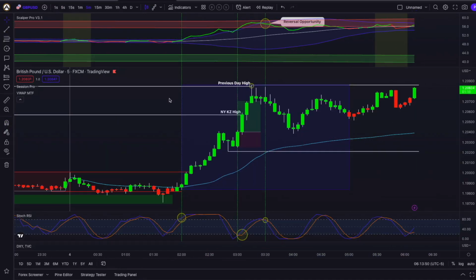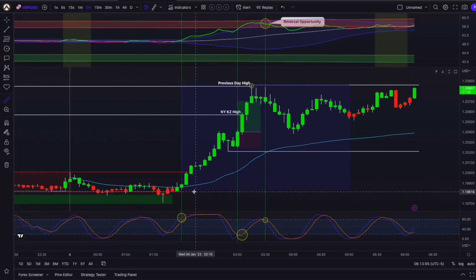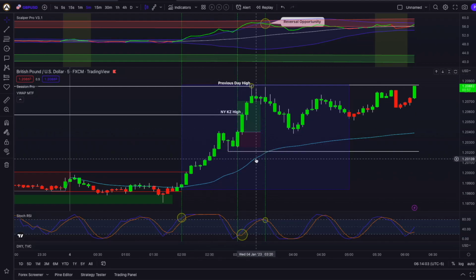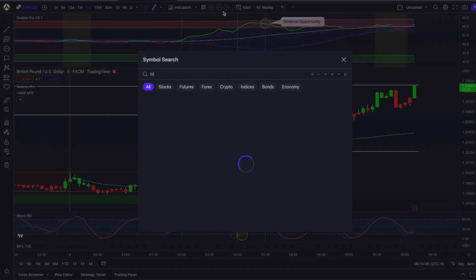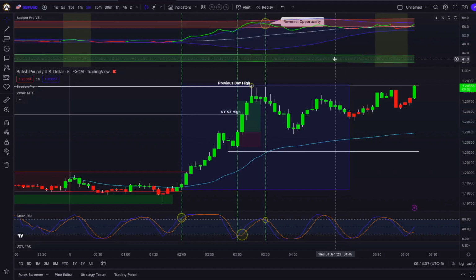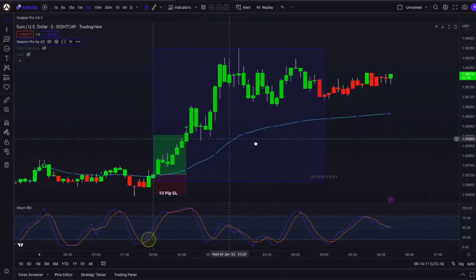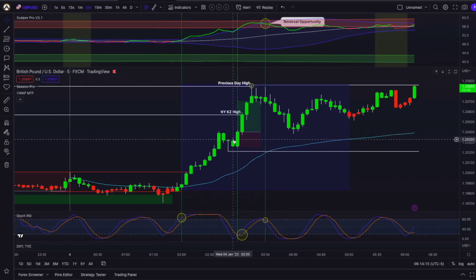Since we already hit our previous day high, and we already made a move only during the London kill zone of almost 102.5 pips, this was enough for me. My daily take profit target has been hit, and I decided to stop trading and take my dog for a walk. Right here on EURUSD, I also did not continue trading because I saw this beautiful opportunity right here on